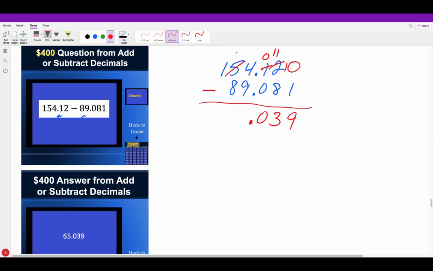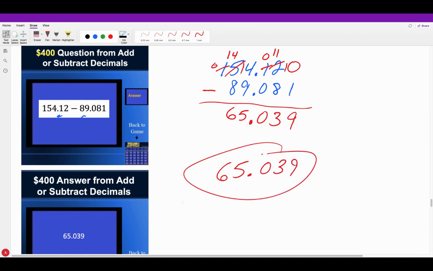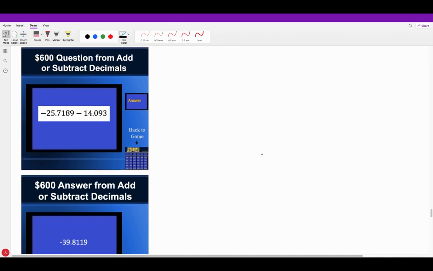Can't do 4 minus 9, so I'm going to go ahead and borrow. So 14 minus 9 is going to give me 5. I'm going to borrow from this 1, so 14 minus 8 is 6. Our positive number was the bigger number to begin with, so 65.039 is your answer. All right, so for this next one, the $600 question, we have negative